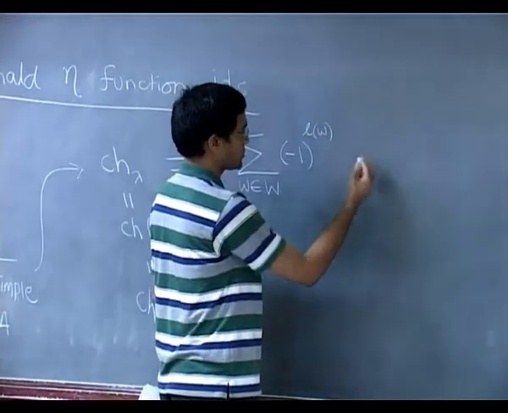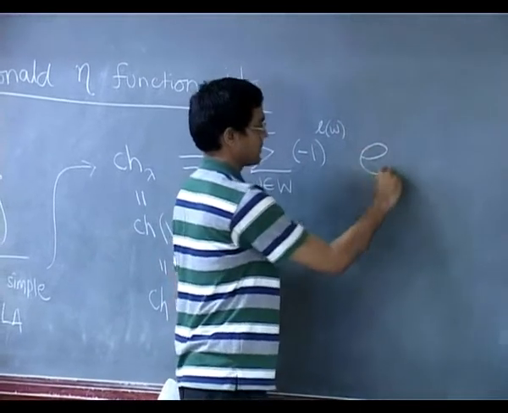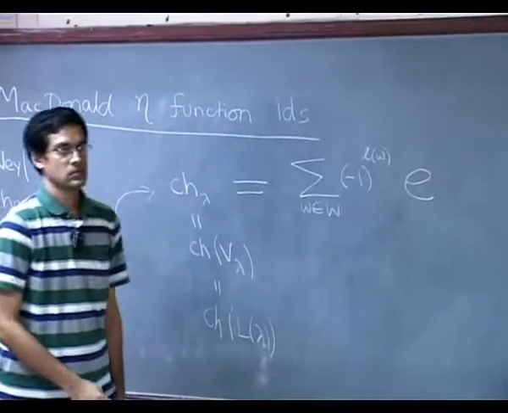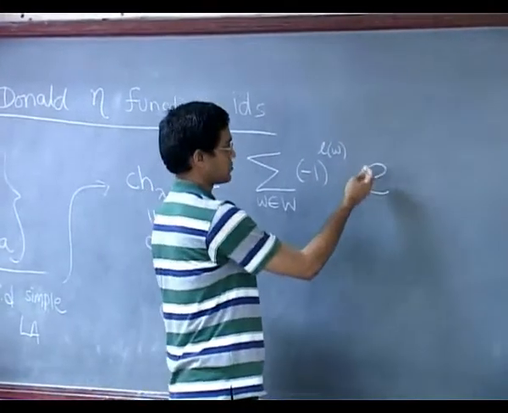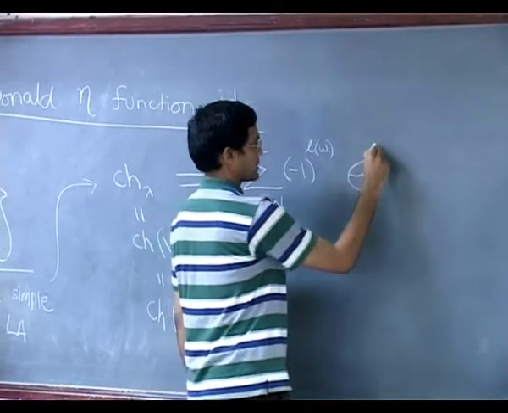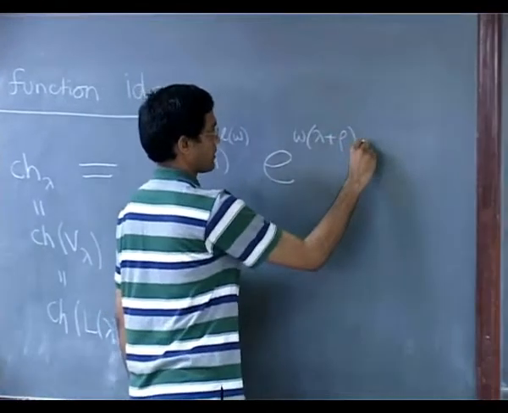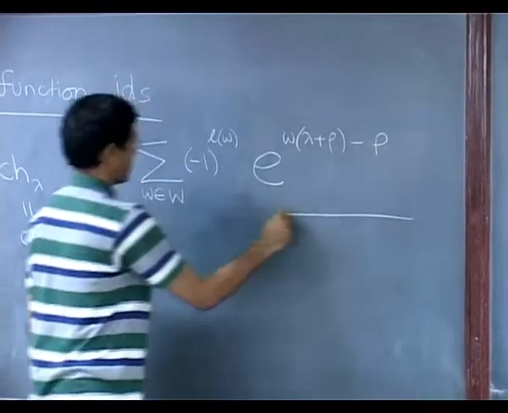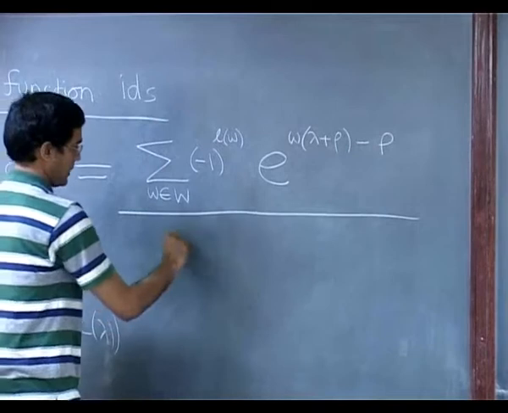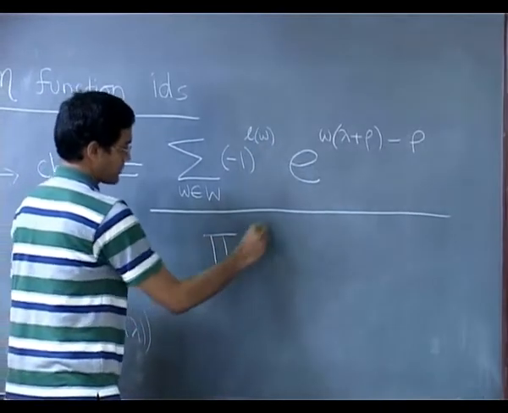Again there are tons of notations for those, so let me just use e raised to whatever I need to put there. I am going to say e to the w of lambda plus rho minus rho, on top, divided by a product of other formal exponentials,